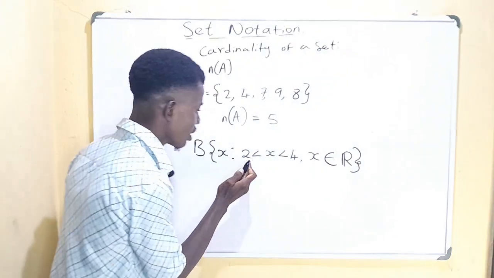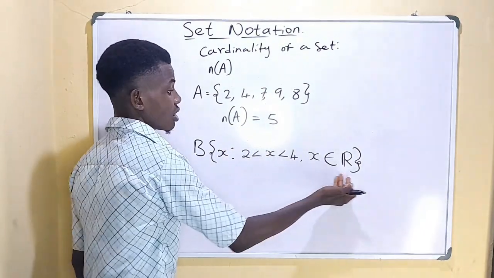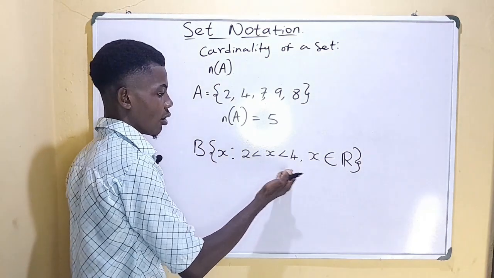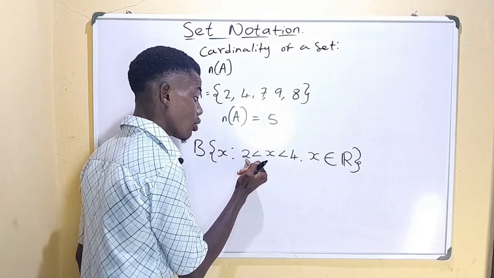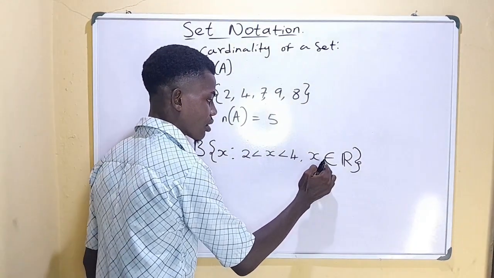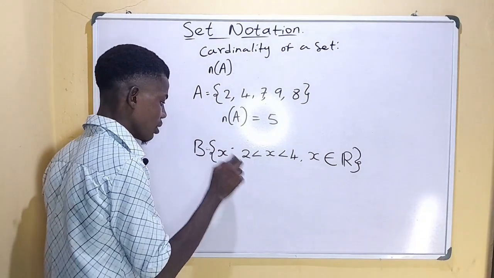Now in this, 2 is less than x, x is less than 4. This is also a set builder form of a set. So 2 is less than x, x is less than 4, where x comes from real numbers. The cardinality of set B